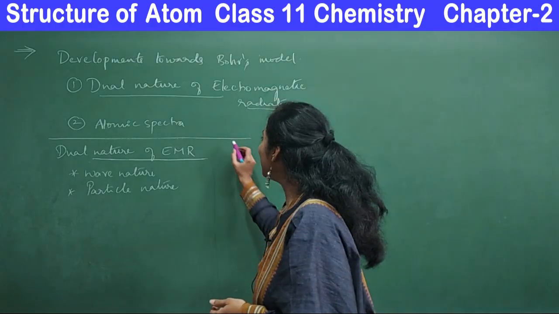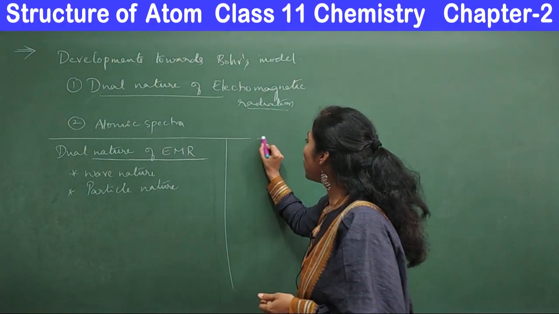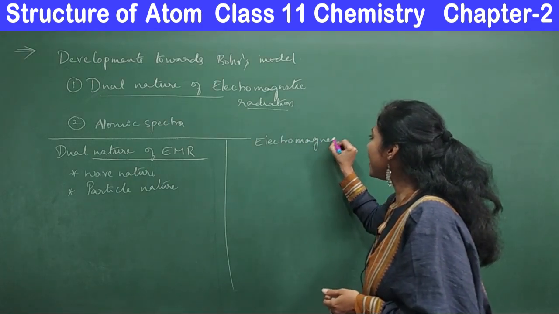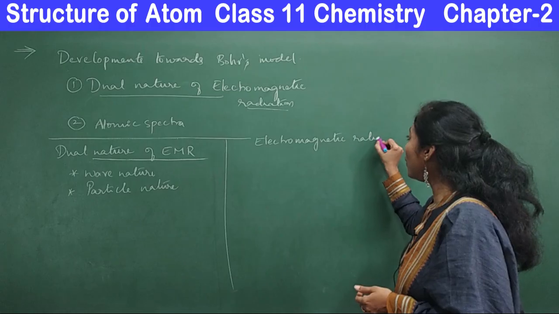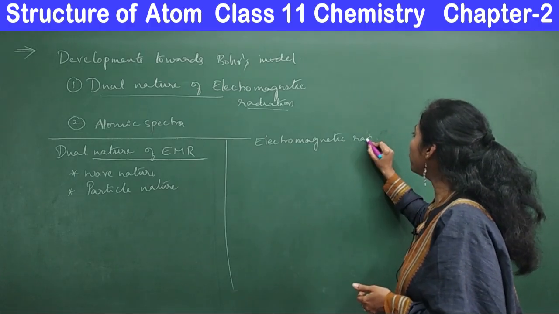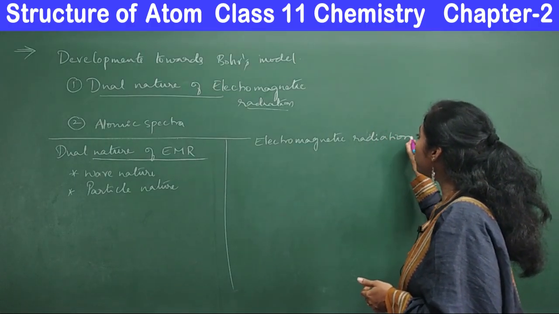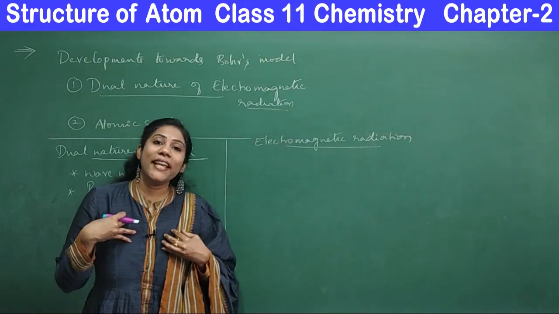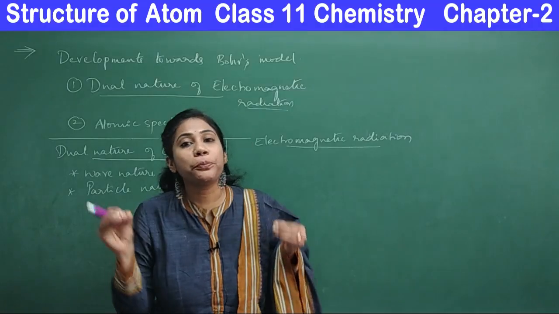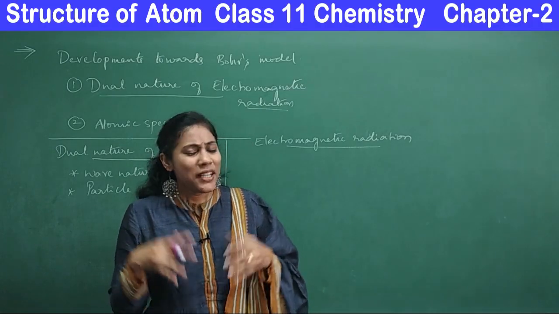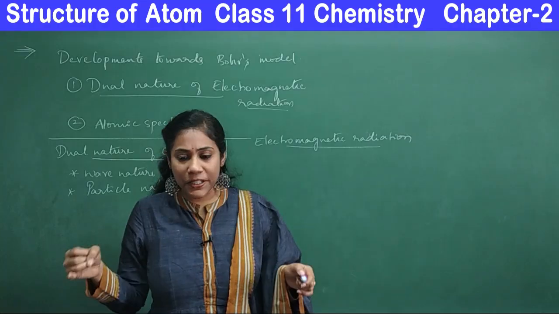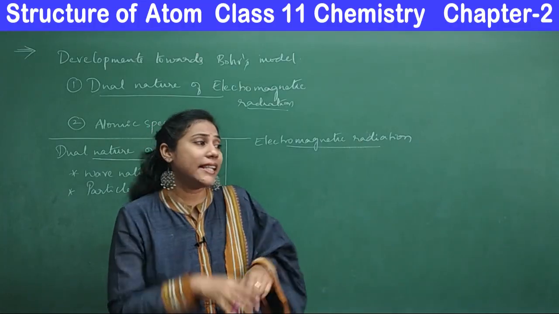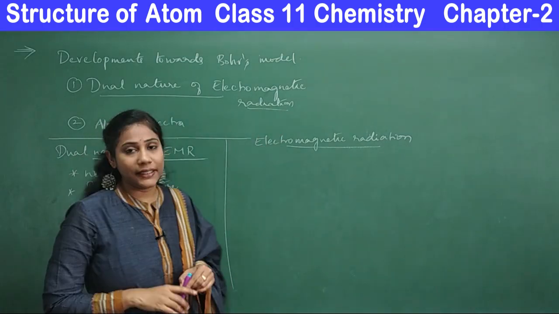So I am going to talk about the so-called electromagnetic radiation. What is this electromagnetic radiation and how is it caused? You would be surprised, even a human body can produce electromagnetic radiations. Each and every living system has the ability to produce electromagnetic radiations. These electromagnetic radiations have different types. There are various types. First, let me tell you, how do you get this electromagnetic radiation?